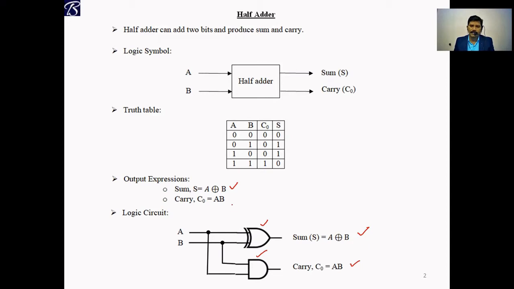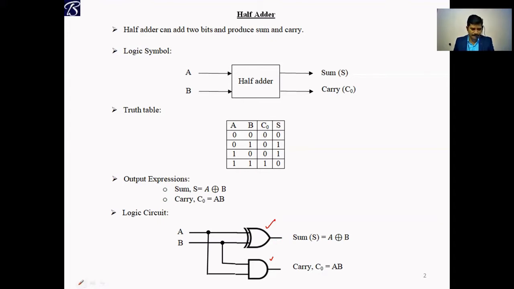Now let us try to draw it using NAND gates. How many NAND gates are required to implement a half adder? Let us implement this half adder using only NAND gates. Generally, for an XOR gate, 4 NAND gates are required, which we already saw in the previous video lectures. And for an AND gate, actually 2 NAND gates are required, but we can take the output from the middle, and then with only one more NAND gate we can implement the carry also. Total 5 NAND gates are required to implement a half adder.